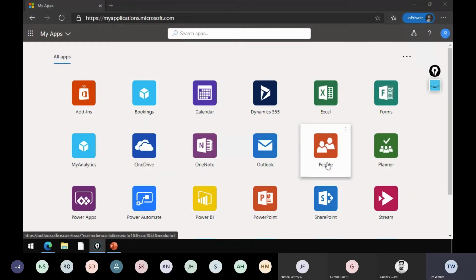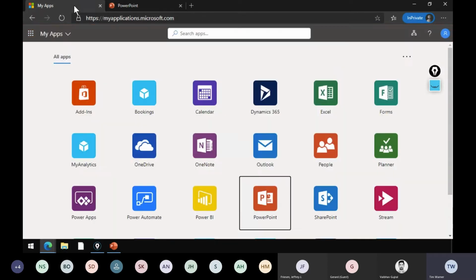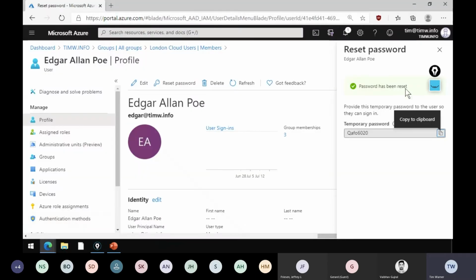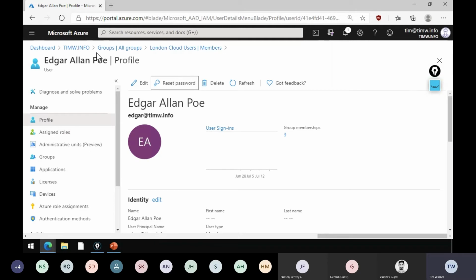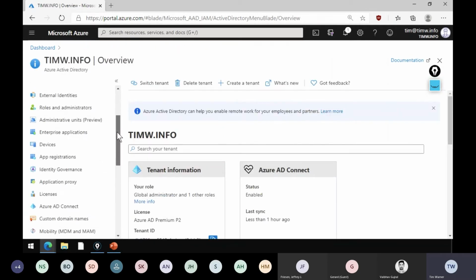And because Edgar has access to the Microsoft 365 licenses, we've got federated SSO where we can go immediately and transparently into those apps. Well, that's easy enough to demonstrate for Office 365 apps, but what about the process of application registration and apps, Azure AD apps that you're actually developing in-house, let's say? What's the high-level workflow for that? Well, for that, like I said, we've got two blades to be concerned with. We've got in the tenant, we've got app registrations and enterprise applications.